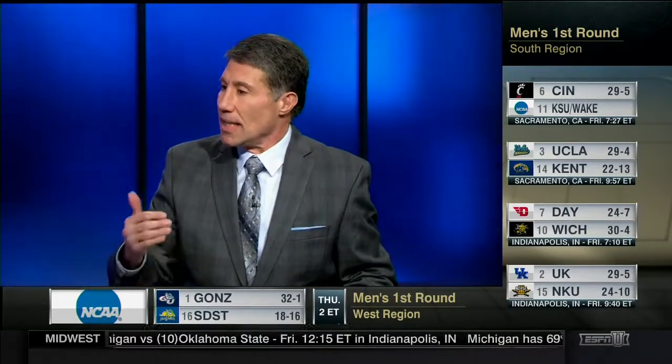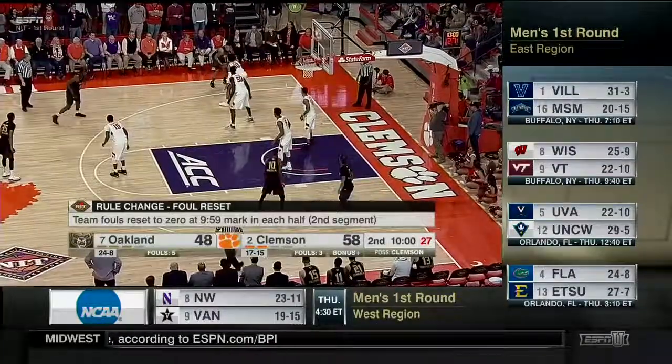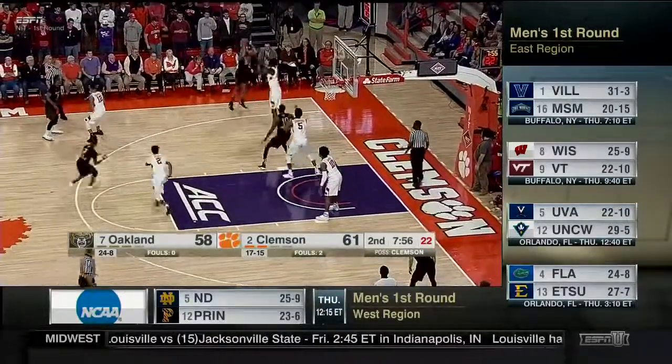But the young guys that he has in the program, Shelton Mitchell, Reed, Elijah Thomas, 3 transfers, they just haven't bought in yet to the defensive side of the ball. Now, Oakland in the second half, as we're seeing, they shot